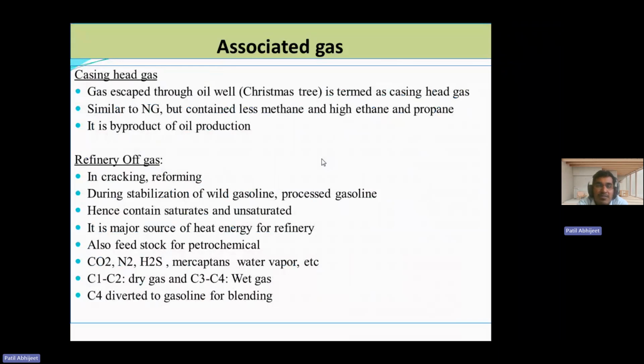The last type of gas is called refinery gases. Refinery gases are generally produced in either thermal cracking or steam reforming processes. So refinery gases are generally generated in case of either cracking or in case of either